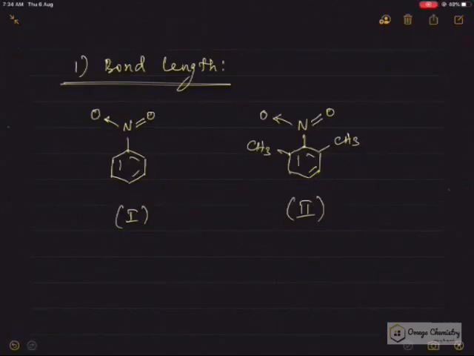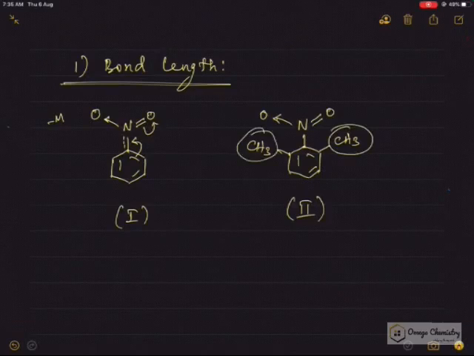So the steric inhibition factor will also have an impact on the bond length. Here we have nitrobenzene and its derivative. So in compound 1 the resonance will happen. We know that NO2 is a minus M group, and surely this bond will come out due to this. This bond will come here, and due to this, this will go out, and because of this, I will have partial double bond character. Whereas in compound 2, such resonance is not possible because of steric factors.